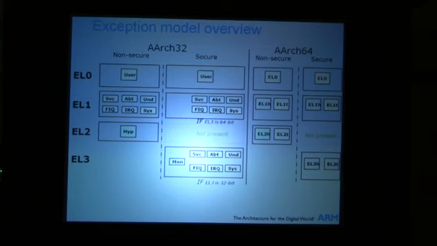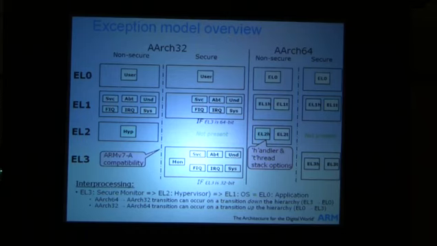So I've shown here both 32 and 64-bit, and a couple of things to highlight. For compatibility, it's actually all running in EL3 for the 32, and that's because the monitor runs with the same privilege. In the 64-bit world, the monitor runs at a different privilege from the operating system, and you have the option of a couple of stack pointers where you always use the handler stack pointer on entry to an exception, but you can switch to the user stack pointer, so you can always have a situation that you won't have stack overflow on exception entry.